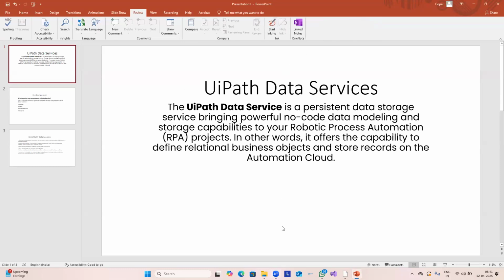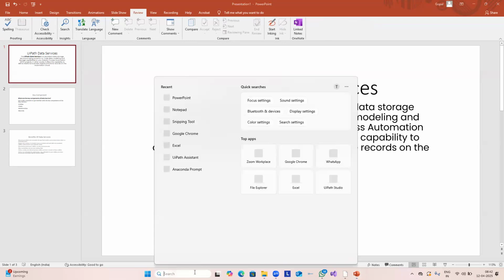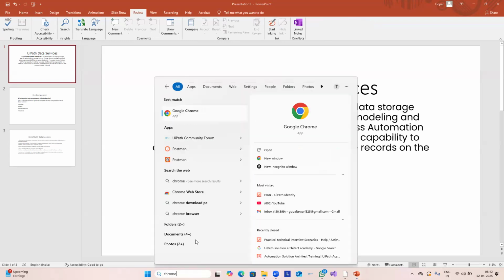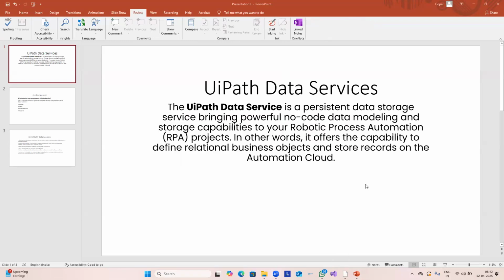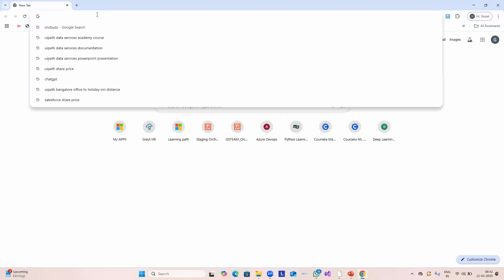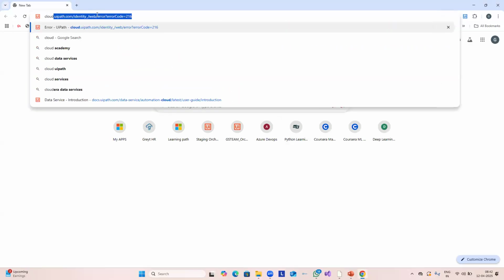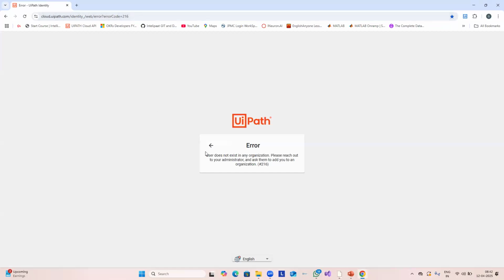All right. In today's session, it's quite an interesting session as well. We're going to cover a new topic called UiPath Data Services. Before starting, let me show you what it is, how Data Services comes into the picture, and where we're going to utilize these things. Those I will cover, but let me briefly cover first that